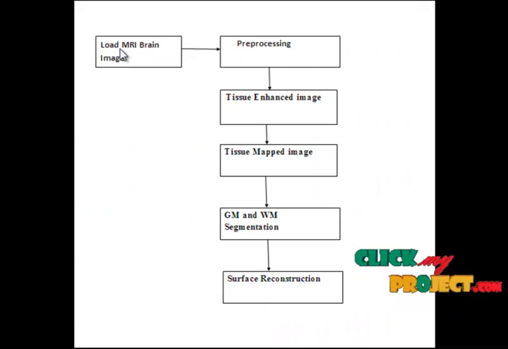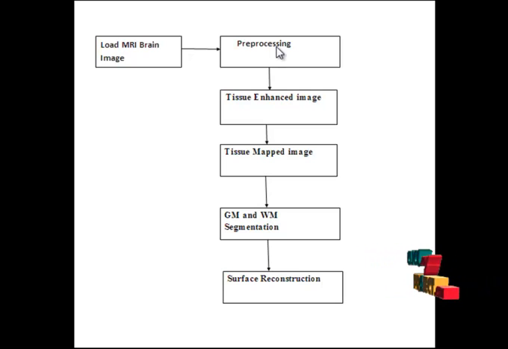So this is the flow of our process. Here we have given the MRI brain images as input. The MRI image is passed through the pre-processing step. Normally the medical image may contain noise, so here we filter the noise by the use of a Gaussian filter. It is a windowed filter of linear class. Based on the weighted means, it removes the noise. After removing the noise, it will pass to the tissue enhanced image.